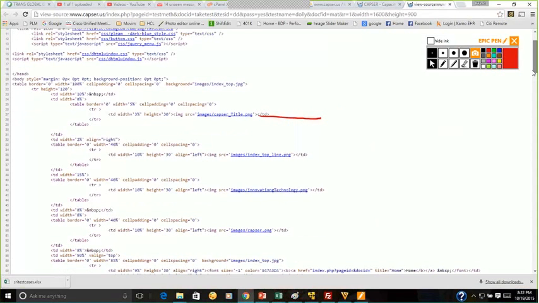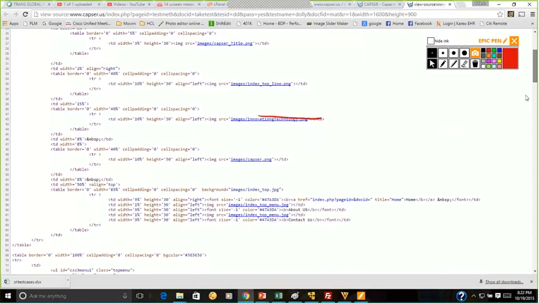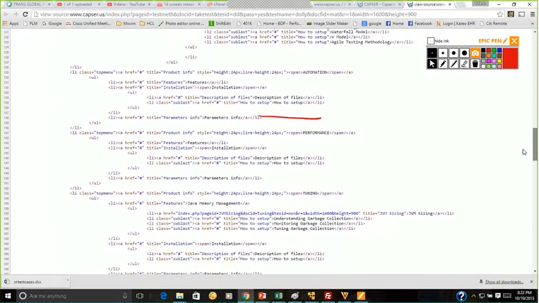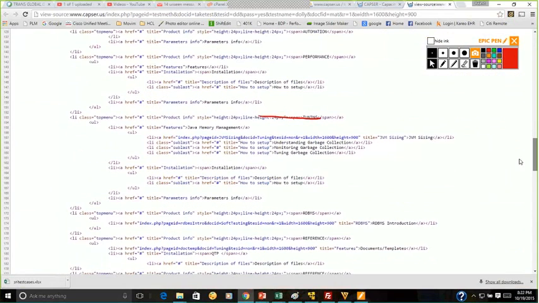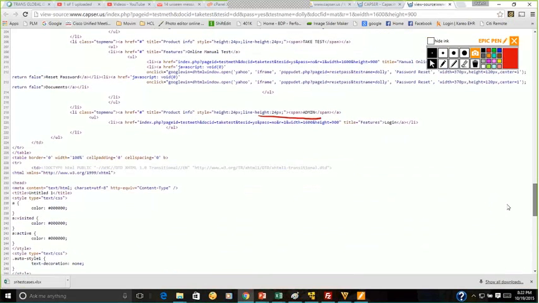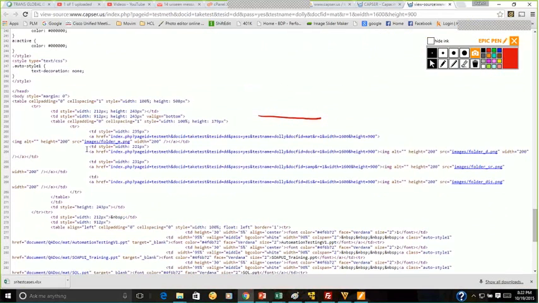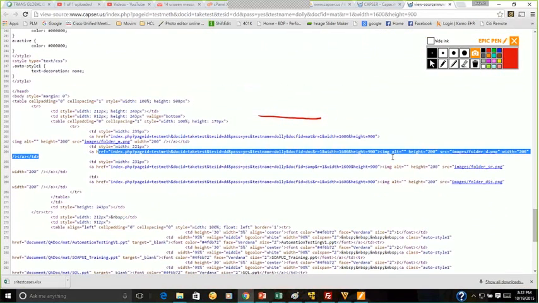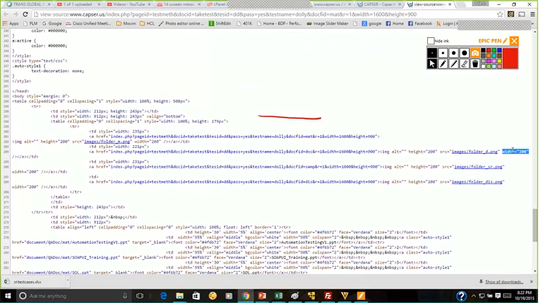This is home, about us, install. Now this is the property for the material. See this? Height 200, SRC, width, href.